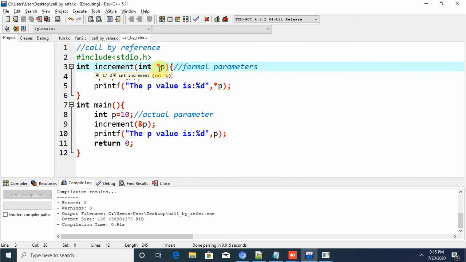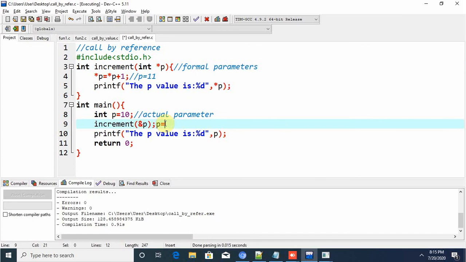Are you catching the value? It is catching the value. It is catching 10. But here I am simply passing the address, Girish. I am passing the address, but it is not storing the address. Actually, it is storing the value in the function definition. Are you getting? Here I am just passing the address.